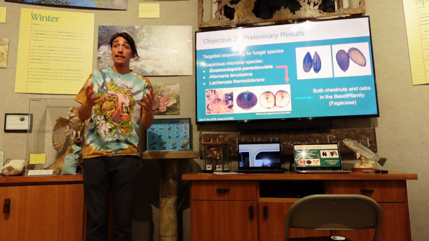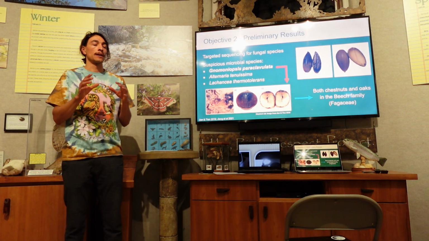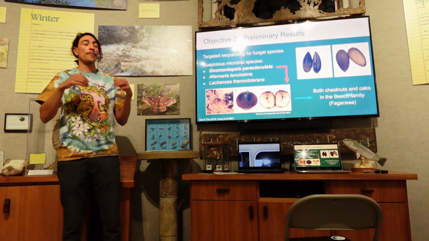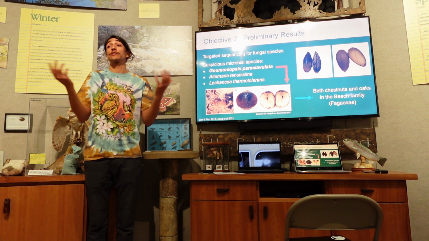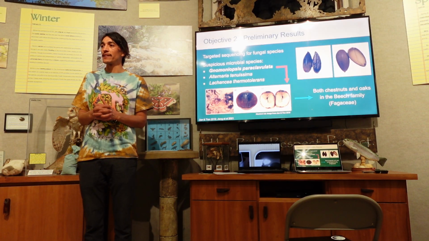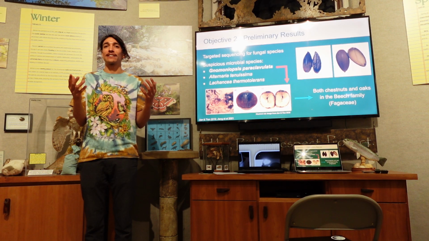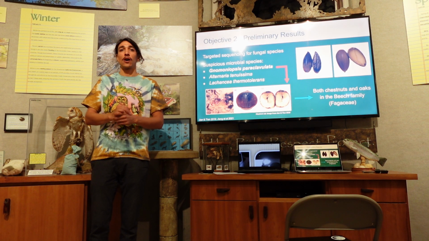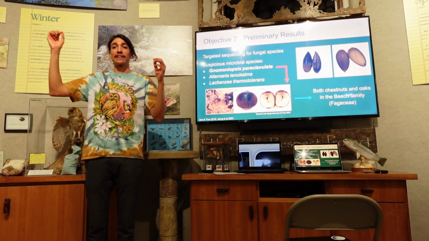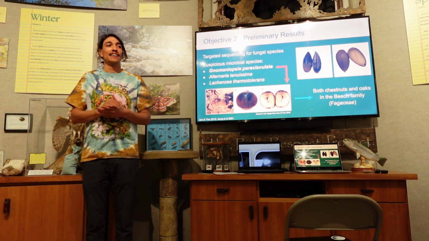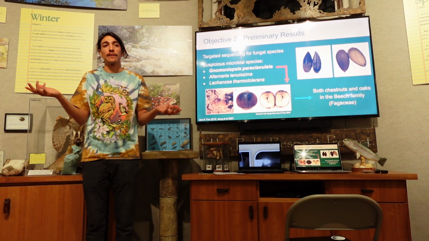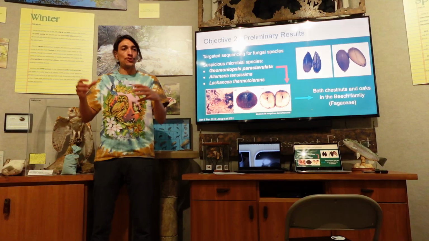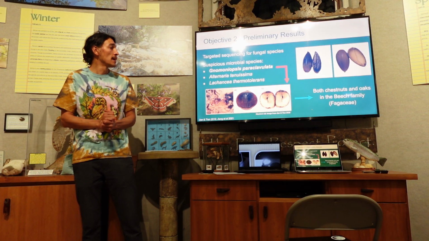And then on to the second objective, in which I'm trying to determine or describe the microbiome. We have prepared all the acorn samples as much as I could. I mentioned earlier that I calculated that I would collect 180 acorns. I actually ended up collecting over 300 acorns because on each site, I realized I was finding more black acorns than I expected, and I couldn't help but take the opportunity to collect them. And so my original plan turned from doing 6 sites to all 12 sites that I surveyed.